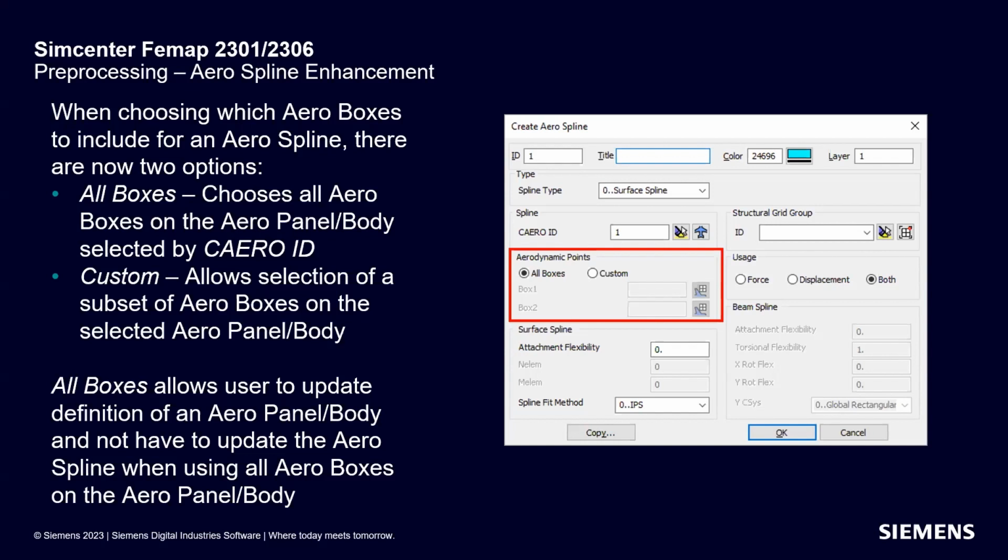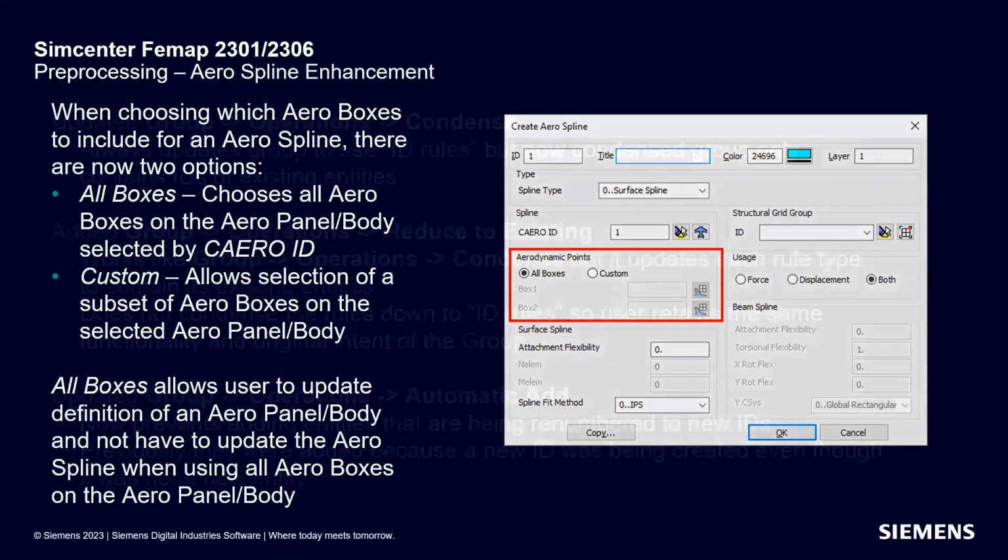But if you changed the underlying arrow panel, arrow body, it would not update this. So now we just have an all boxes option here. If you're set to custom, you'd still have to come back in here and pick which ones you wanted. But if you're just set to all boxes and you change the underlying panel body, it's all taken care of for you, which is great for anybody who's making modifications to an arrow